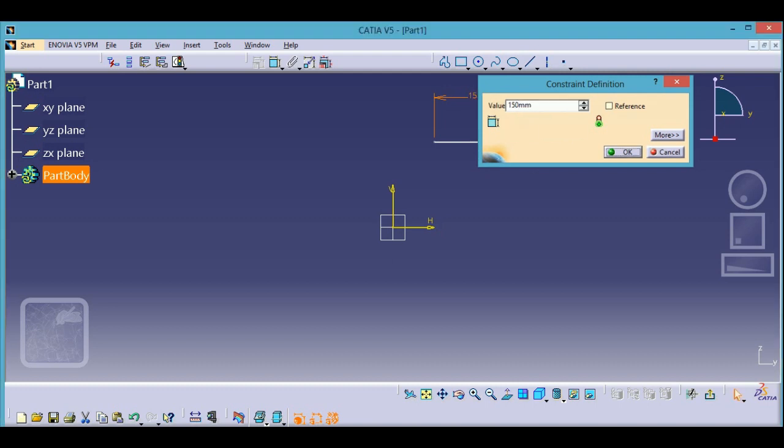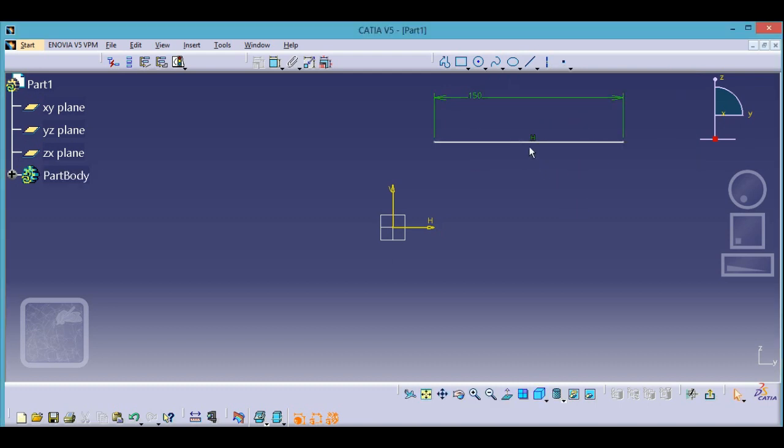I am placing 150. So you are with this, but still it's moving anywhere. So you have to lock. You have locked your line. It will not leave its dimension now, but you have to lock it in space, right? So for that, you have to lock by two things.